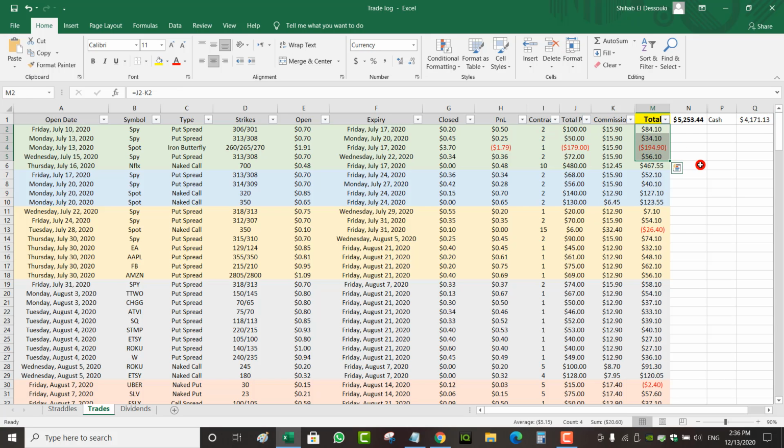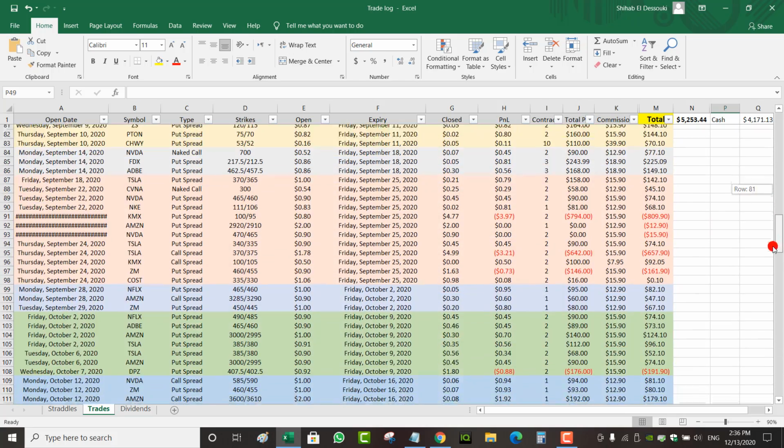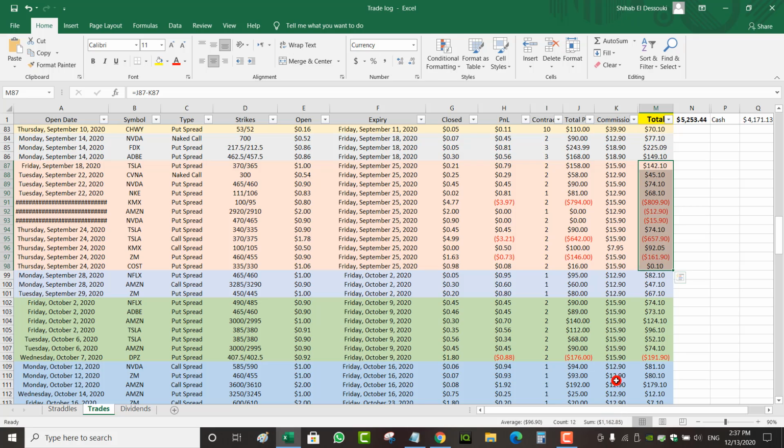Now I could probably put subtotals just for fun, just if I want to see how much I've done every week. But simply by highlighting it, I could see how much I did every week. I did have a big losing week actually. I think it was this one here. Yeah, this week I lost $1,100. So if I had a profitable week, let's say this week didn't exist, I would have had almost a little bit over